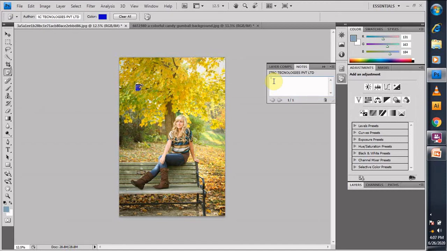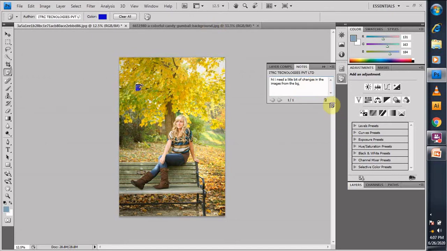to the other person, who should read that note as a receiver. Suppose I write, hi, I need a little bit of changes in the image from the background. So I have written it, and as soon as I click on this note part, my note will appear over here. The text I have written appears in the note area.